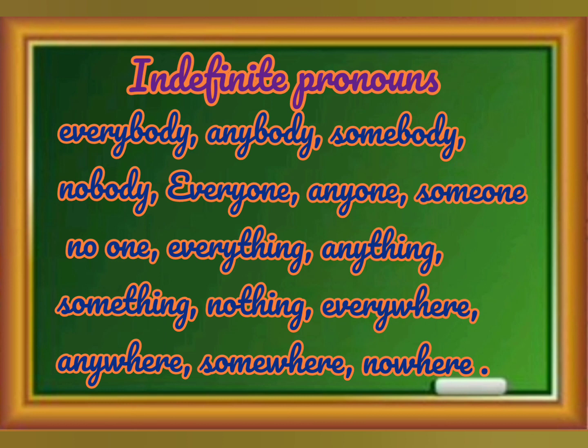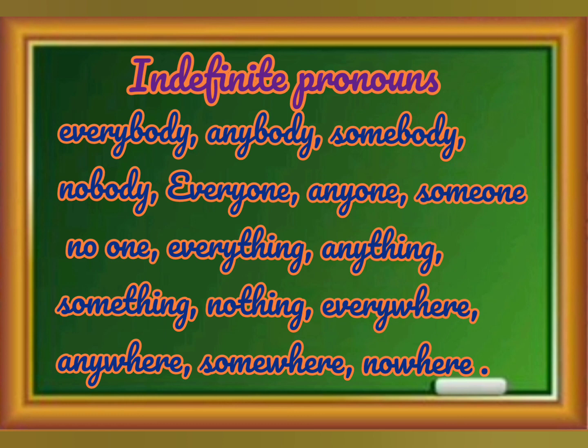The pronoun somebody means only one person. It points to a person but does not show which person. And the pronoun nothing means nothing. It points to a noun in an indefinite way. The pronoun anything means any article. It points to an article or a thing but does not show which article.